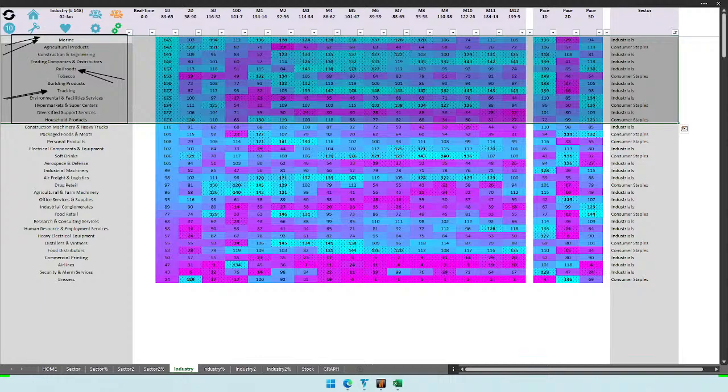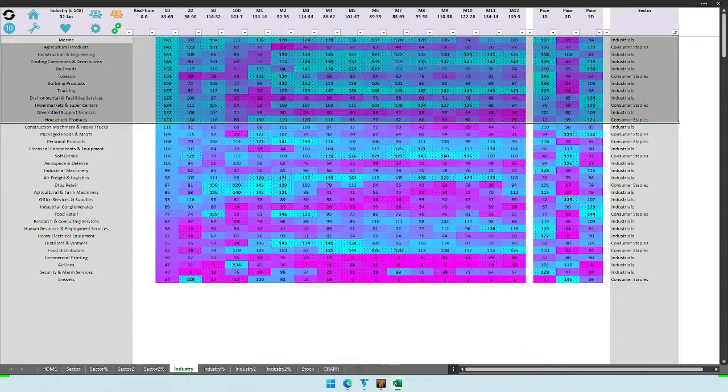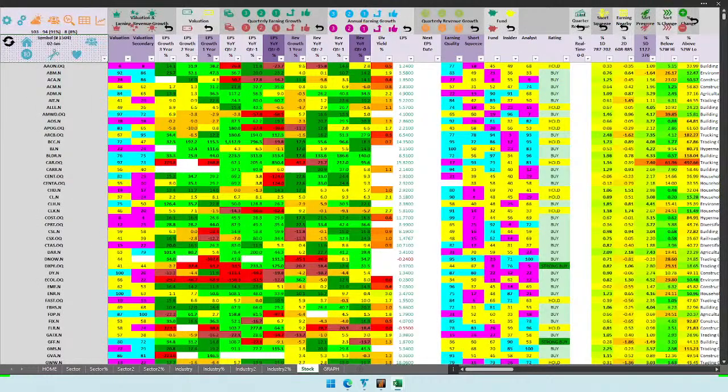Sometimes industries may go against the market. And here I find three very related industries among the top industries in the best sector. So that caught my attention while I clicked the button to drill down to the stocks. So we may see if any of the stocks are giving a buy setup in those transportation industries. The more you use them, the more you get used to finding these correlated industries coming together.